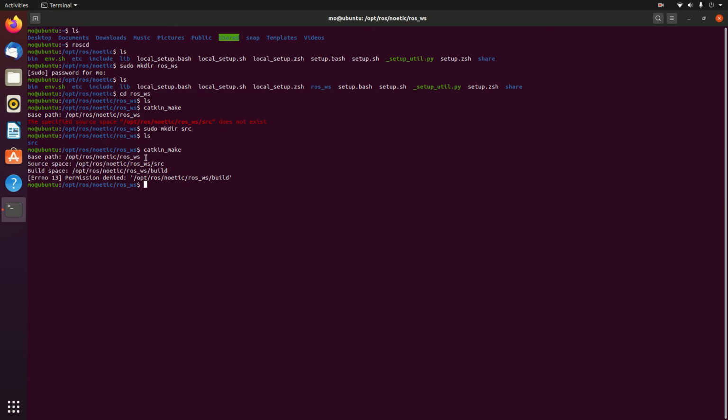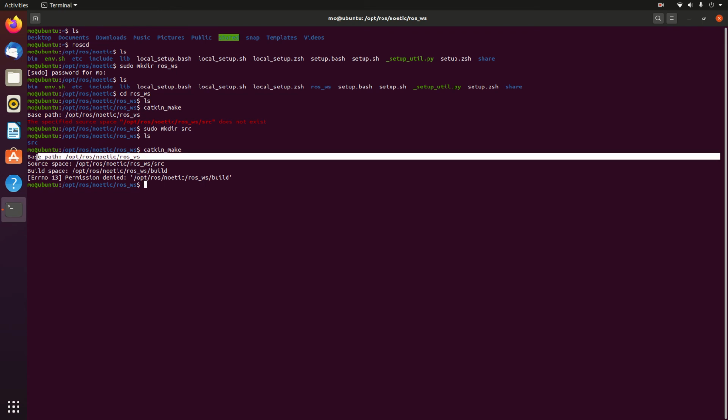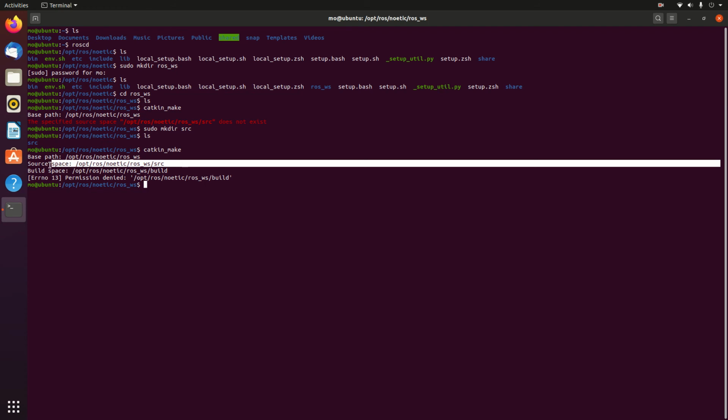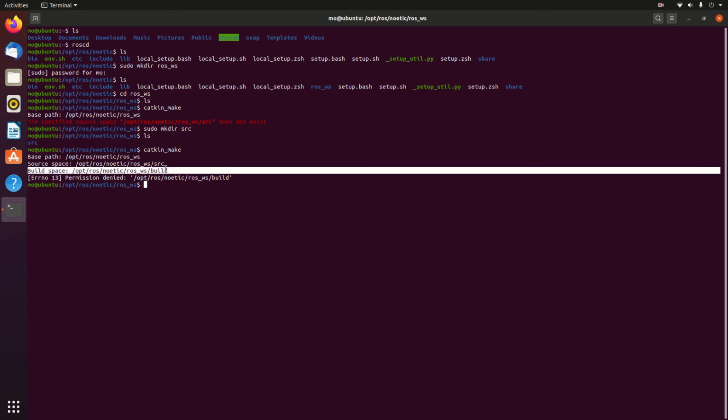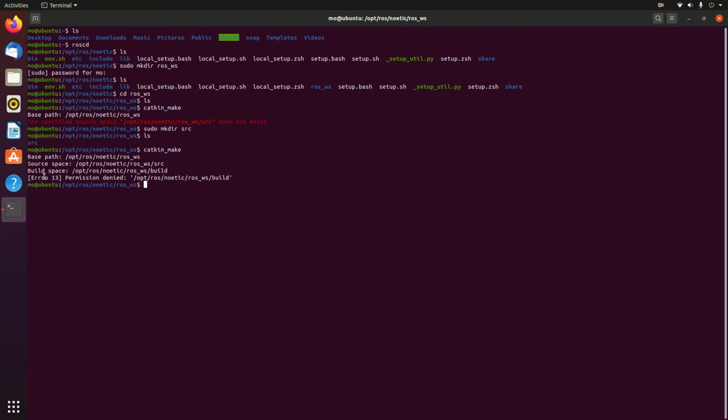This is the base path, the source base, the location. And then we have this. But here is the error 13. It shows permission denied. It shows we just cannot build these directories under the current location because we don't have enough